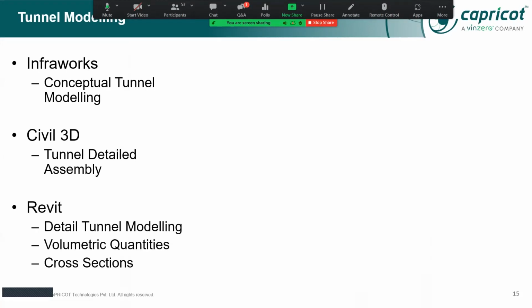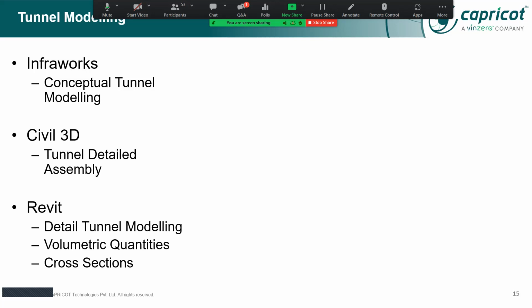So apart from that, the model, the data, the information which you have created can be exchanged to Revit for the detailed tunnel modeling, or maybe for the MEP services, or maybe for the documentation part. Revit has extremely good tools for documentation. With the help of Civil 3D and Dynamo, you can completely share the information from Civil 3D corridor solids to the Revit families, right? You can exchange the information with the help of Dynamo. Right over there, you will get a beautiful documentation part,